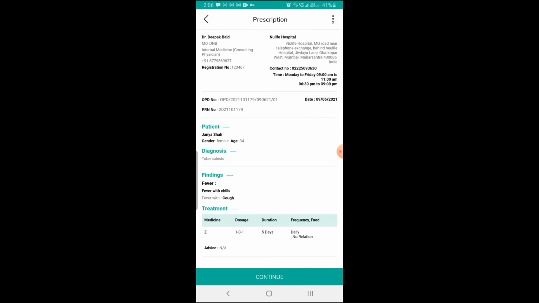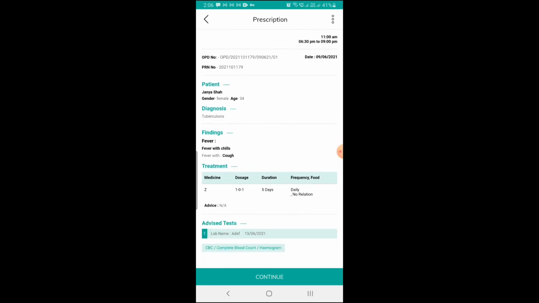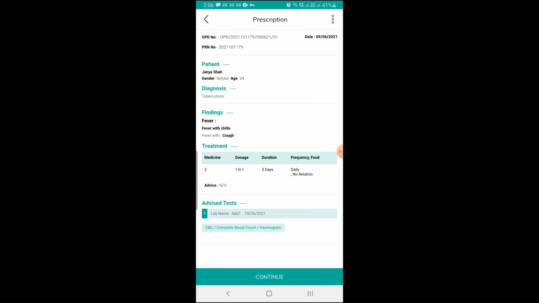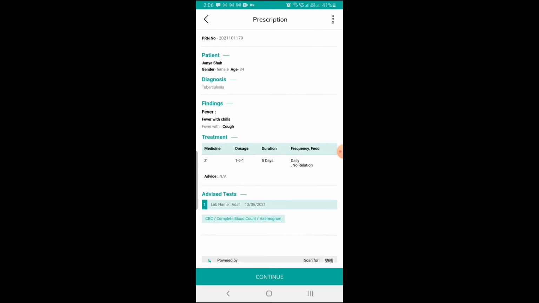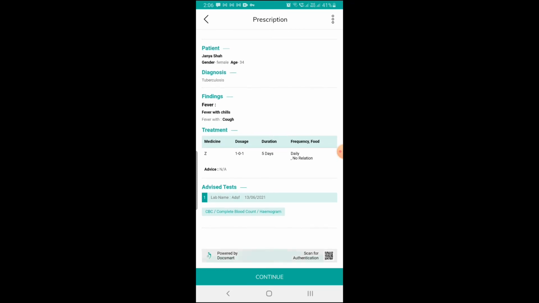A prescription preview is seen with the name of the doctor, the hospital, the OPD number, the PRN number, the patient registration number, the date, the patient name, age, sex, the diagnosis, and the findings. And if you notice, the template is added here: fever with chills, fever with cough. Treatment is added. Test is advised, in which laboratory it has to be done, when, and the test which is